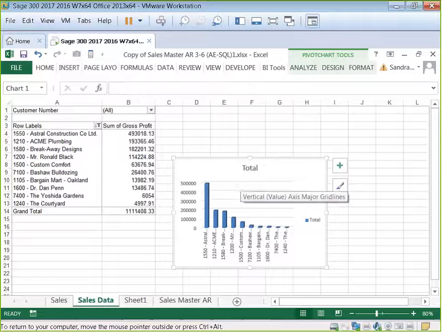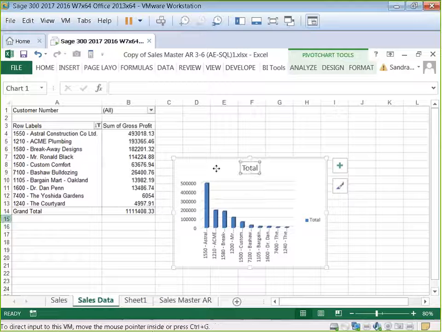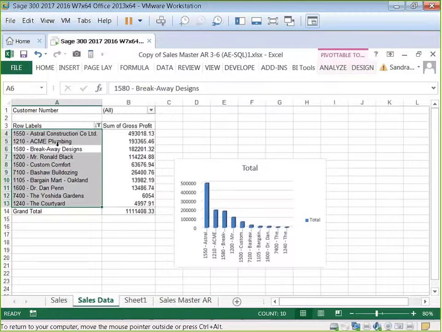So now I have my chart, I have my table, and the next thing that I want to do is add a chart title, but I want it to be dynamic with whatever I choose in this particular filter. So in order to make it dynamic, what I'm going to do is, and I notice I have customer number